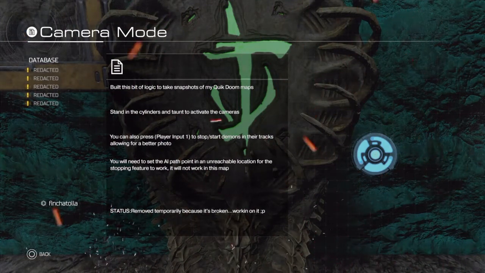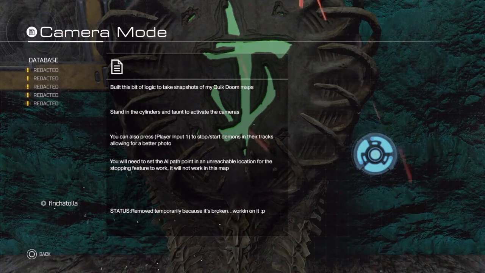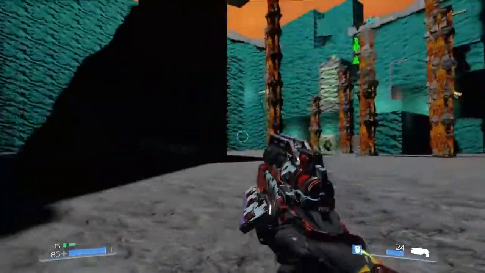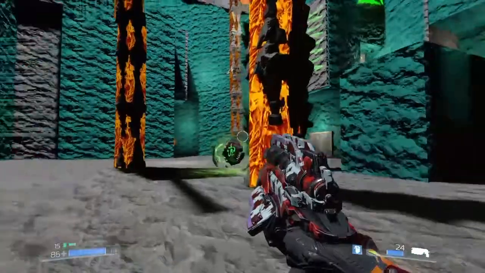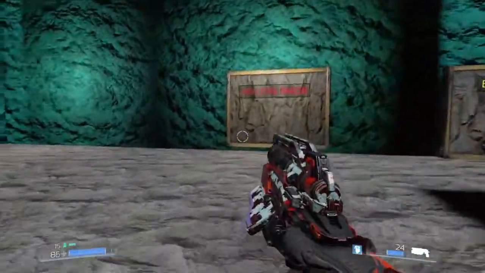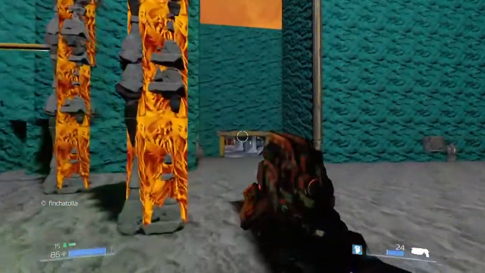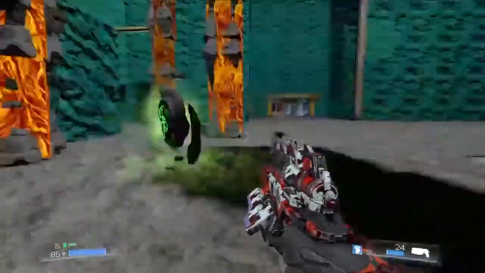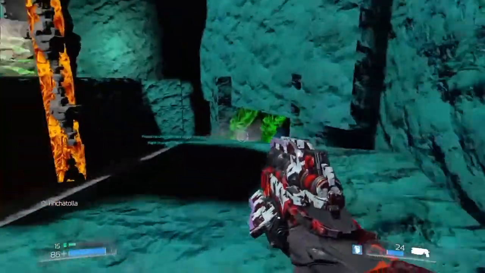Built this bit of logic to take snapshots of my quick zoom map. Stand in the cylinders and taunt to activate the cameras. You can also press player input 1 to stop demons in their tracks, allowing for a better photo. You will need to set the AI path point to an unreachable location for this feature to work. It's because I have other demons spawned in the other parts of the map, so...